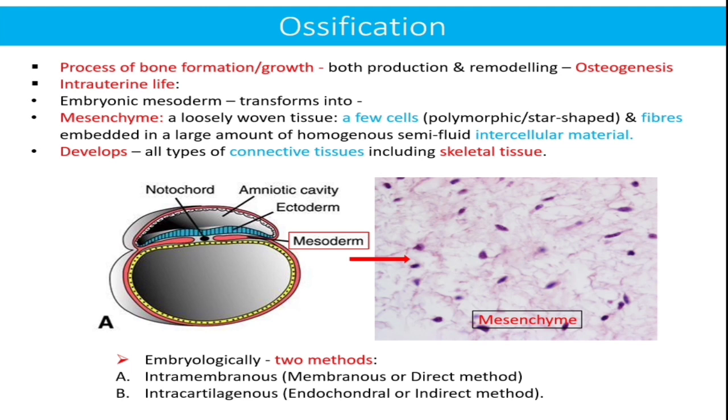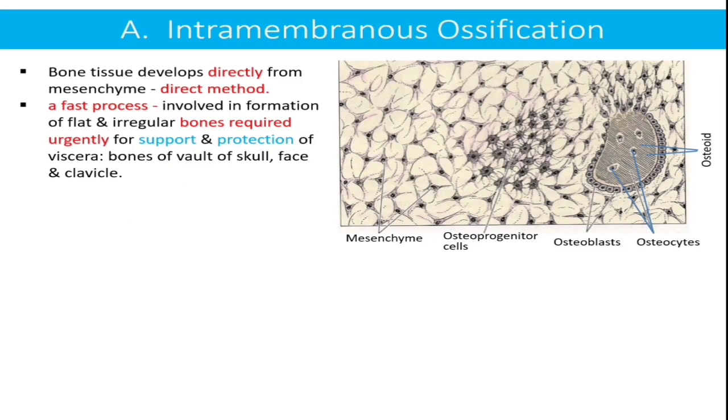Embryologically, there are two methods of ossification. Number one is intramembranous, which is also named as membranous or direct method of ossification. The second one is intracartilaginous or endochondral or indirect method of ossification. Now let us start with